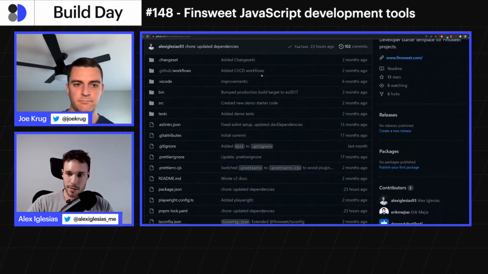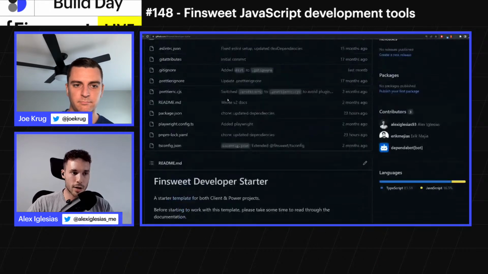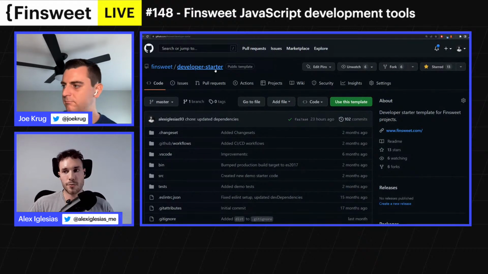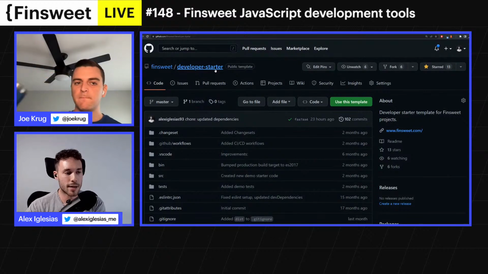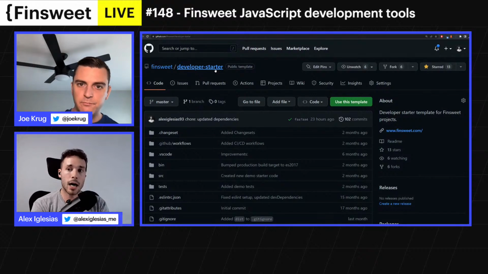But before diving into understanding everything that's going on here, I would like to show you how you could start using this template right away. For that, we will need two things. The first thing is a code editor, so we can download this template and start using it to write some code. And the second thing, I would like